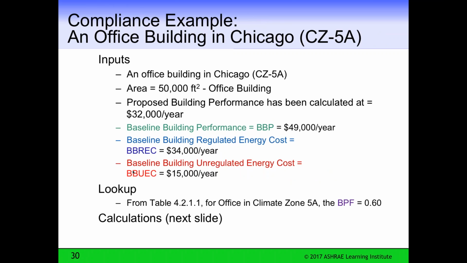I think I'll let it go, it's probably too complicated to do over the telephone on this concept, but I think the calculations are clear. We color coded them to make it easy for you to follow, and it's just an exercise in simple mathematics using that one number from the table. The interesting thing is it was set up so that the regulated cost and the unregulated costs are separate, so that if you are doing a federal type building and you get to do away with the unregulated energy cost, not included in your calculation, then it is separate and easily removed.